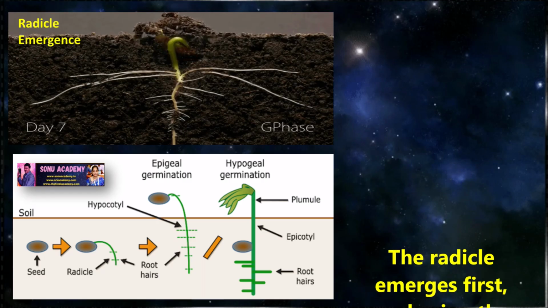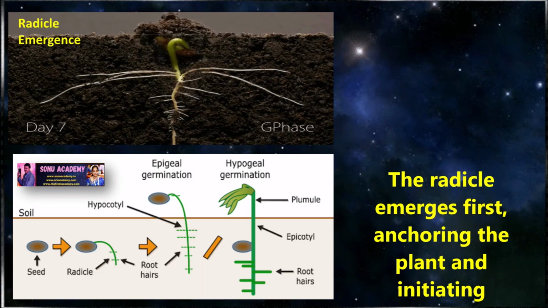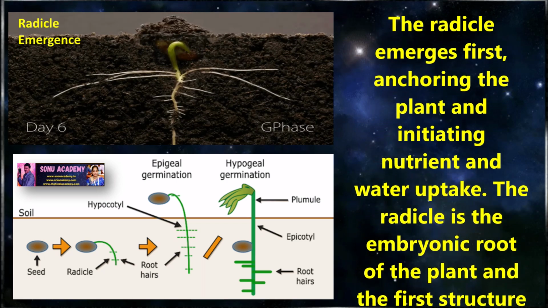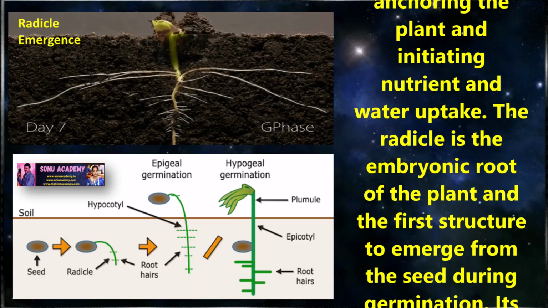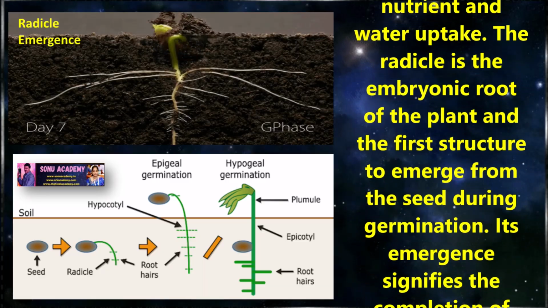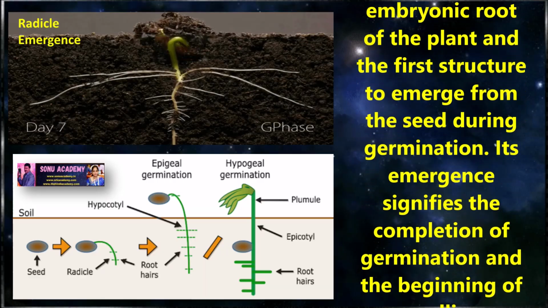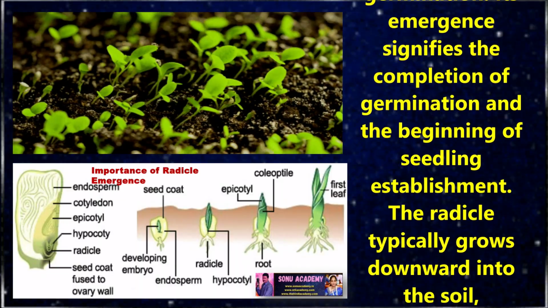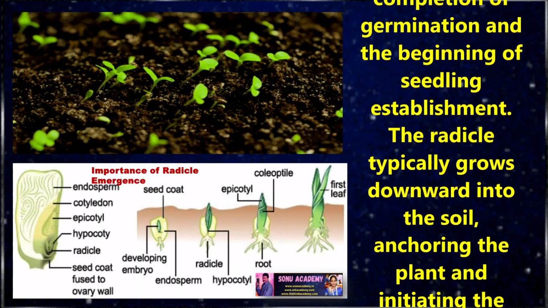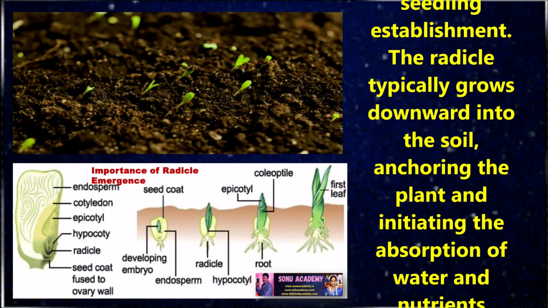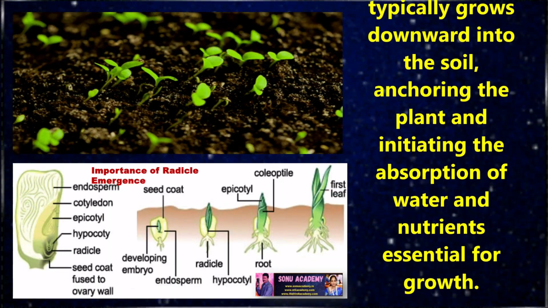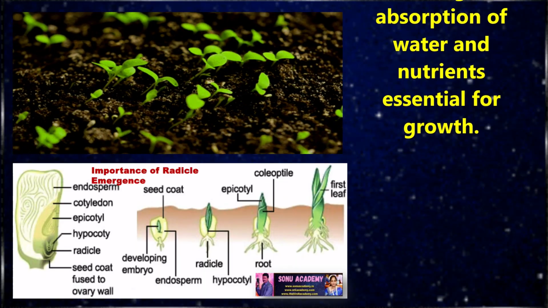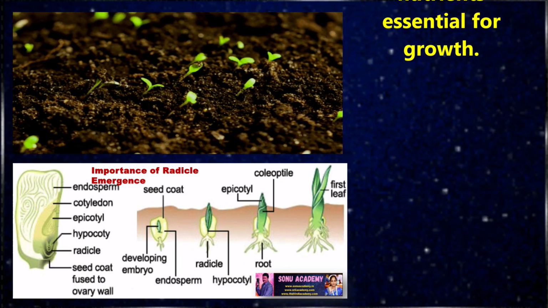Children, now let us discuss the third phase, which is called radicle emergence. The radicle emerges first, anchoring the plant and initiating nutrient and water uptake. Children, let us see what radicle emergence is. The radicle is the embryonic root of the plant and the first structure to emerge from the seed during germination. Its emergence signifies the completion of germination and the beginning of seedling establishment. The radicle typically grows downward into the soil, anchoring the plant and initiating the absorption of water and nutrients essential